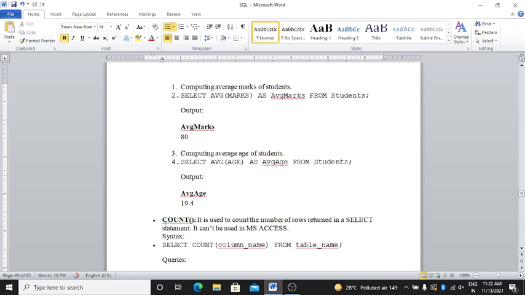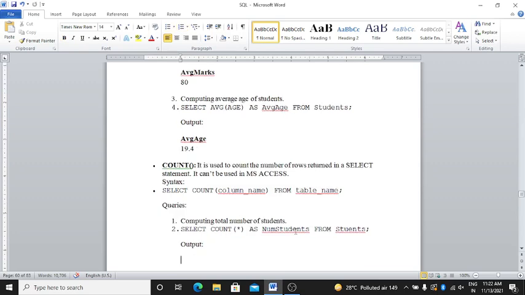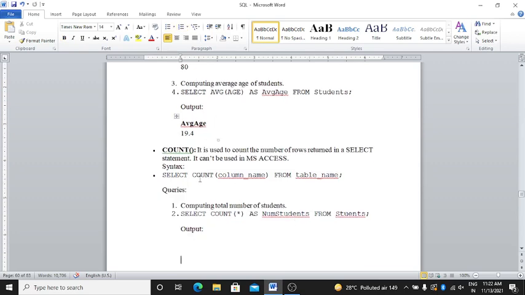Clear? Next is count. It is used to count the number of rows returned in a select statement. It can't be used in MS Access. The syntax for count is: select COUNT(column name) from table name. Query: computing the number of students.